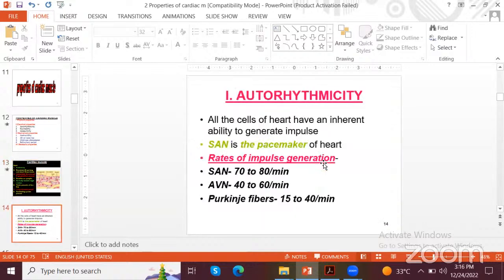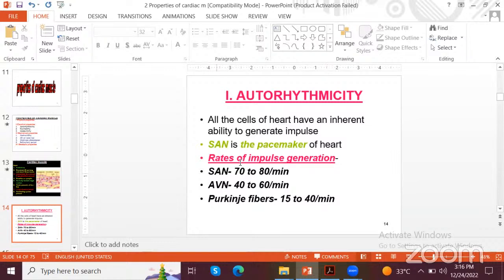Coming to the autorhythmicity, an electrical property. All the cells of the heart have an inherent ability to generate impulses. The SA node is known as the pacemaker of the heart. The rate of impulse generation in the SA node is around 70 to 80 beats per minute. The AV node is 40 to 60 beats per minute, and the Purkinje fibers around 15 to 40